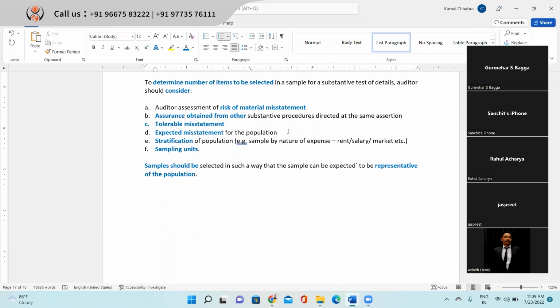So for, let's say, completeness of a particular financial statement line item, what other substantive procedures have we performed and how much comfort are we getting from there would also define how we are doing the sampling for this particular procedure. Yeah, absolutely right. For example, let's say for completeness, you have done the reconciliation from sub ledger to journal